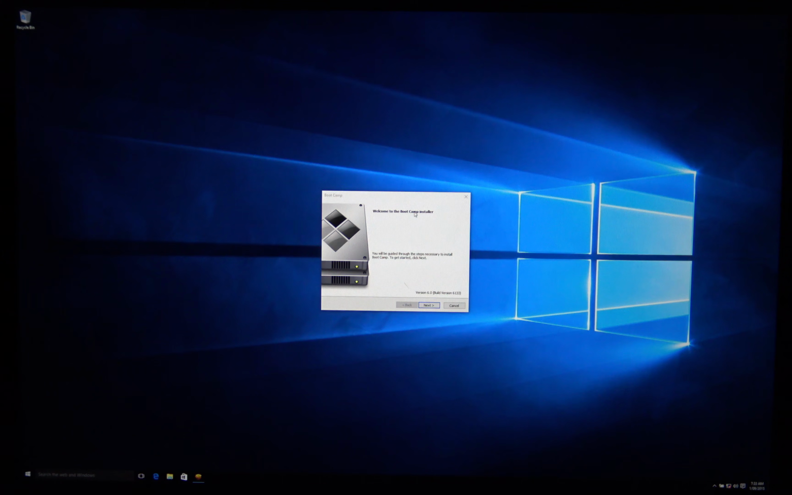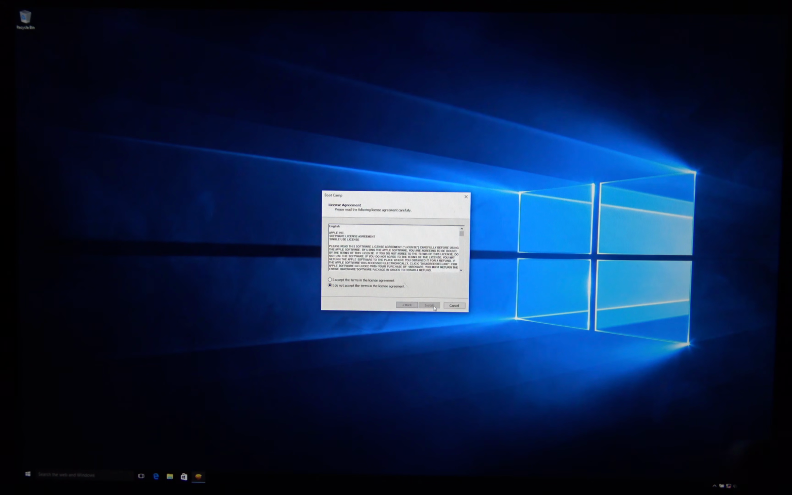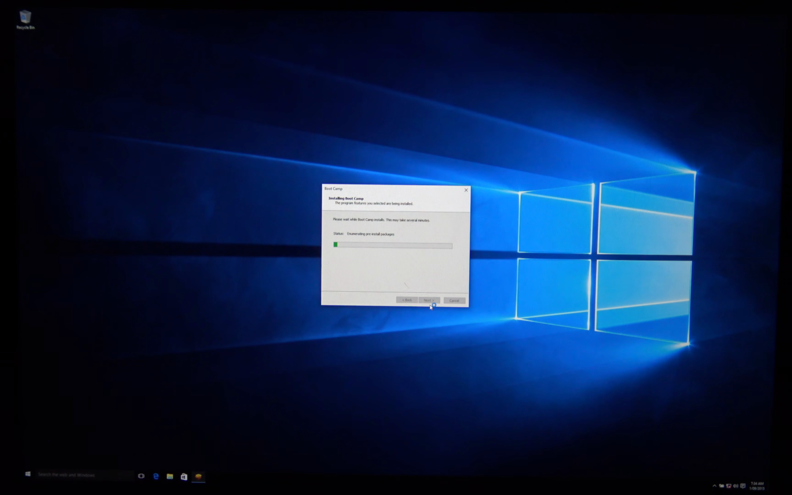Now, what you'll need to do is you'll get this window coming up, and this is the bootcamp installer. What this does is it will automatically install all the Windows drivers for your Mac, okay? So this is really important. Don't go cancel on this one. You want to hit next, accept the terms and agreements and hit install, okay? And what this will actually do, it will fix things up like